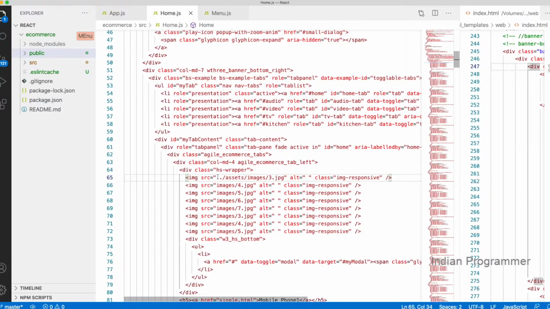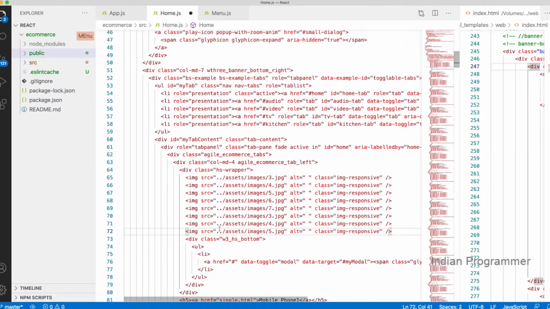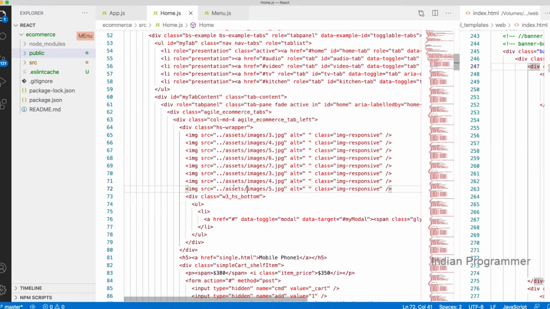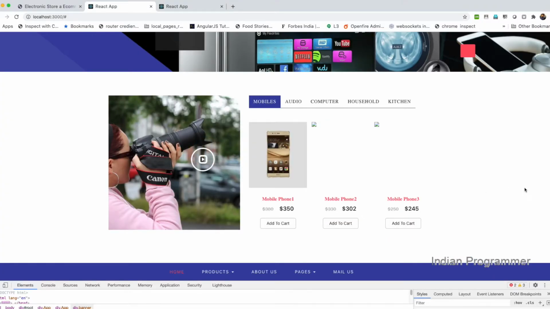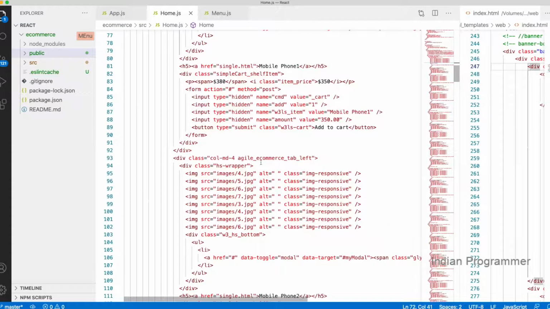Okay, that's fine. I think we have to copy these assets and paste them everywhere. We can use some replace method, but now I am doing something just to check whether it is working or not. Yes, it's working fine. Based on the image content it's sliding one by one. Okay, what we are going to do is I'm just copying this thing.